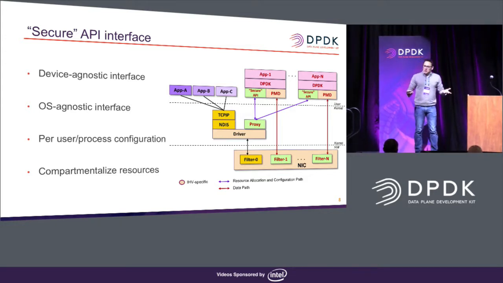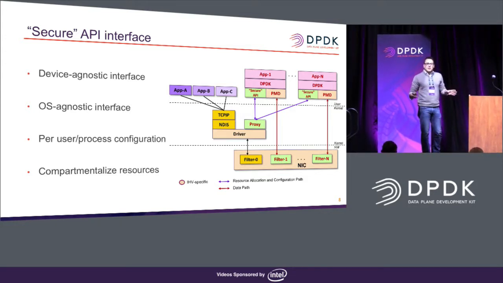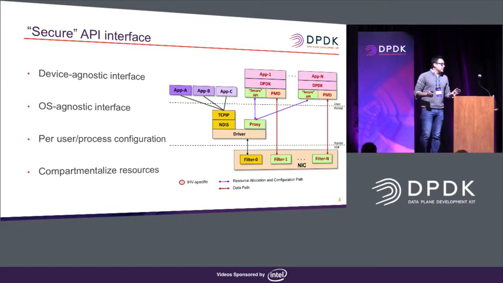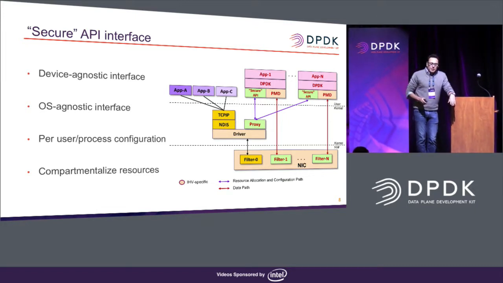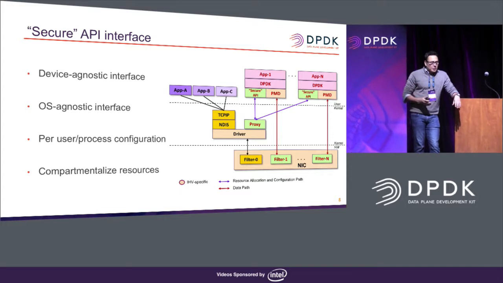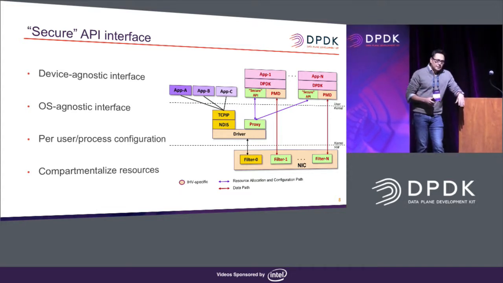So what do we mean by secure API? We intentionally left it vague. There's many ways to compose this secure API. But the way to think about it is, what is it that I need from this secure API? Now, at the very, very highest level, what we're trying to achieve here is, we need a security model that works both in Linux and Windows. There's no point in Windows going off and reinventing the wheel or designing something that is going to be different from what Linux has. So what we're looking for here is collaboration on the architecture direction for how to secure